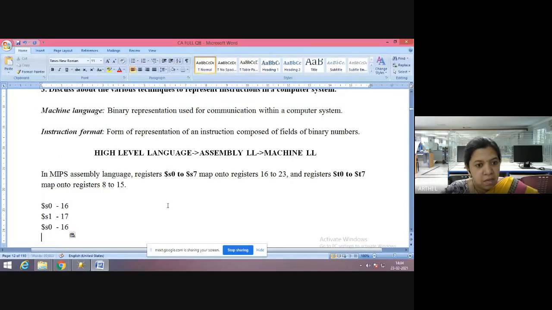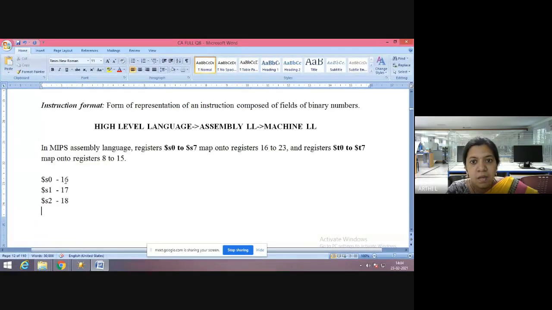Similarly, dollar S2 means 18. So understand this. Madam, where did the zeros go? Why should we give number 16, why should we give 18? You might have queries like that. Let me answer that. But before that, let me write all the values here.